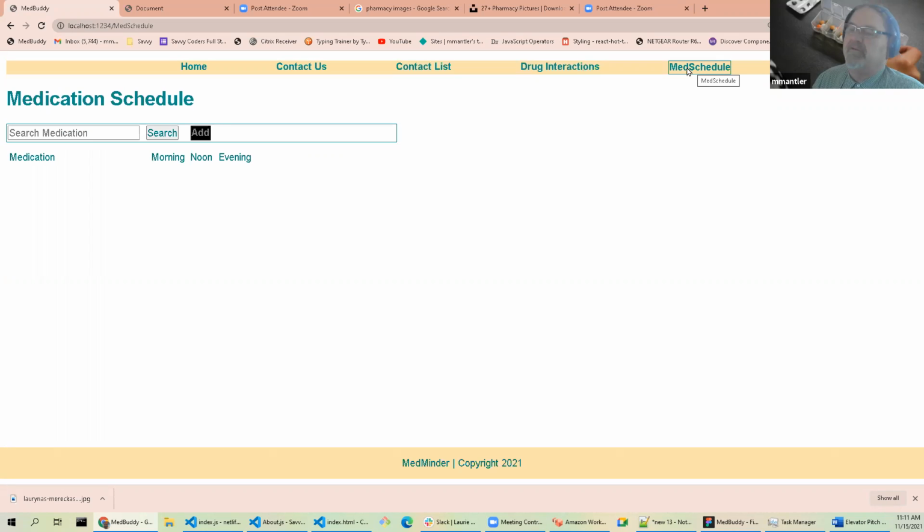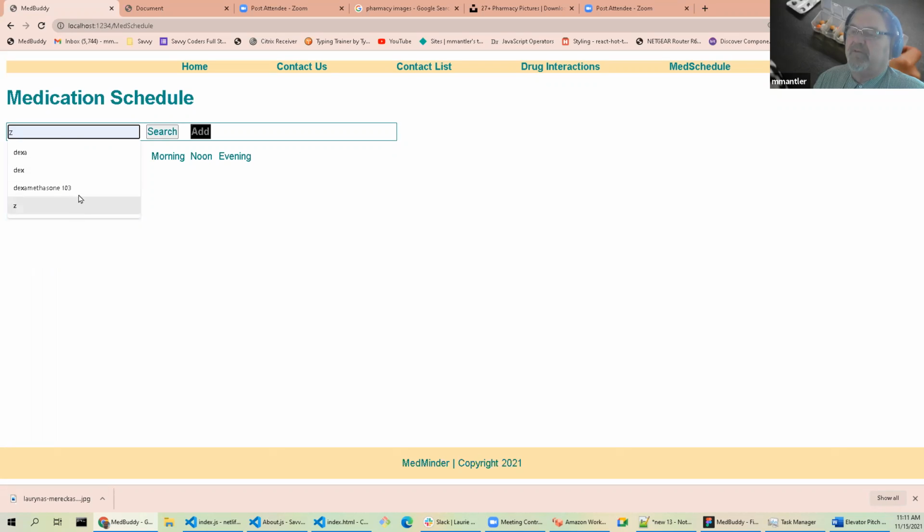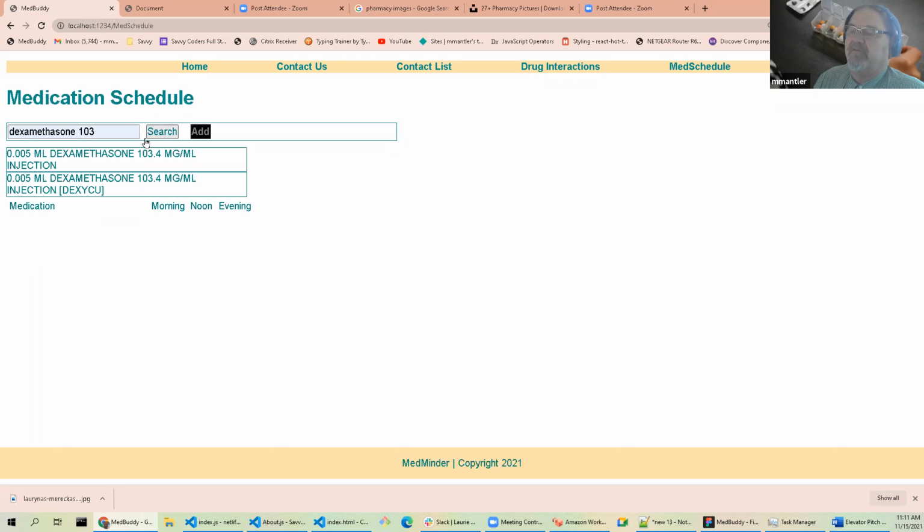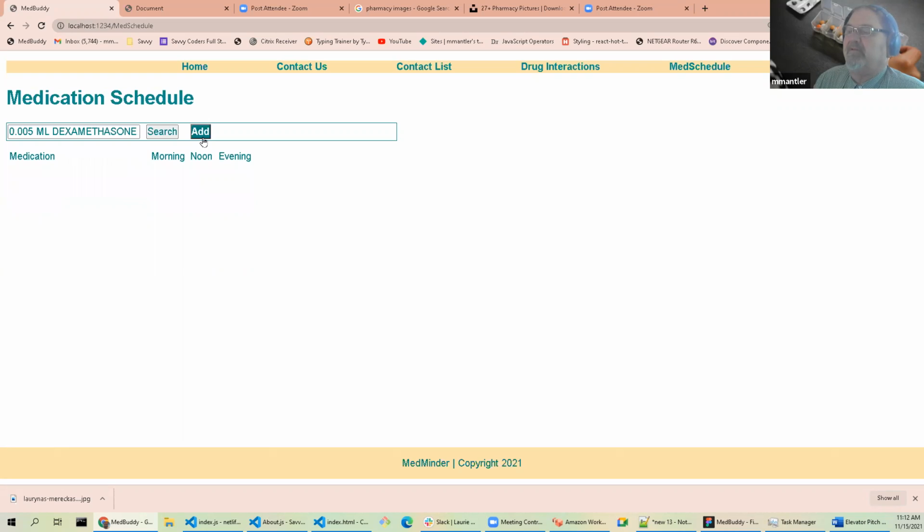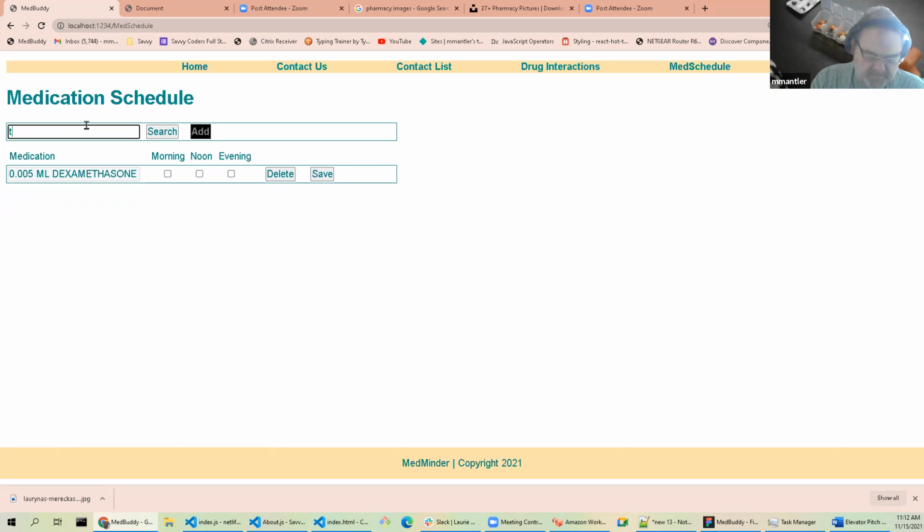Then we have the scheduling portion. In the scheduling portion, you can enter a medication in like this, and you can do a search, find some hits. These are actual names that are registered with the NIH. And you select the one that matches, and you can just add it. Let's say I have another one. Let's say